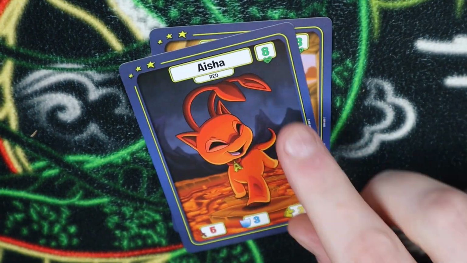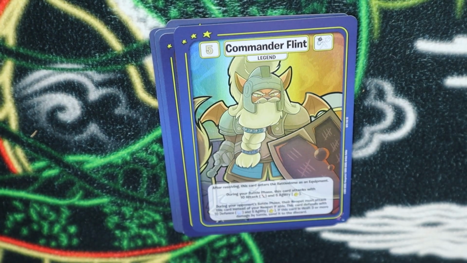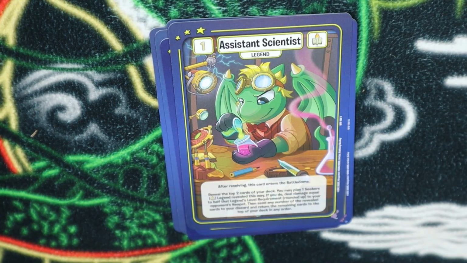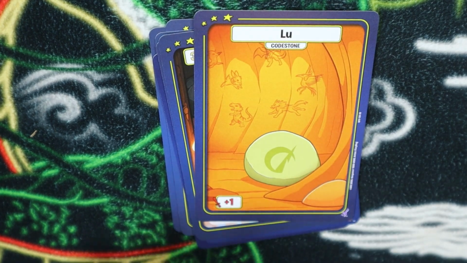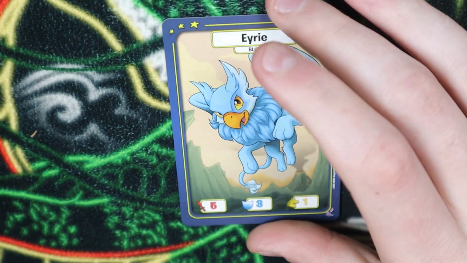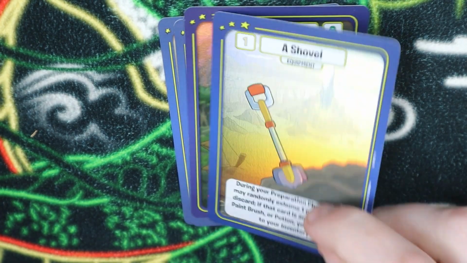Cow yellow, Asha red, Mohawk yellow, a Lu, another Commander Flint. I guess I got a lot of Commander Flints. 2 all arts and 2 normal arts. An Assistant Scientist, a Dilford Mug of Coffee, and a Lu Codestone. Eerie blue, Lenny green, Mincy yellow, Zafra, a Shovel,